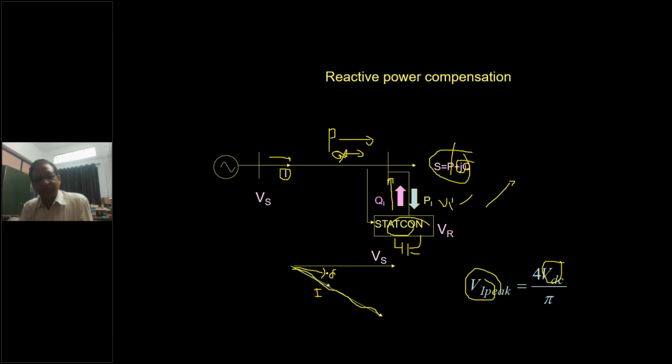In the next case, the current power factor will be like this, and current will increase. Again we generate the voltage Vi in phase with this. Now the voltage is much more. Why? The capacitor is charged. Voltage is increasing in this case, so it will supply more reactive power, and the supplied reactive power is equal to the load reactive power. So in this case, from the source side, reactive power will be 0.